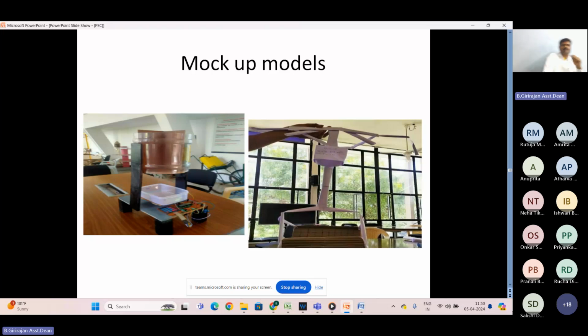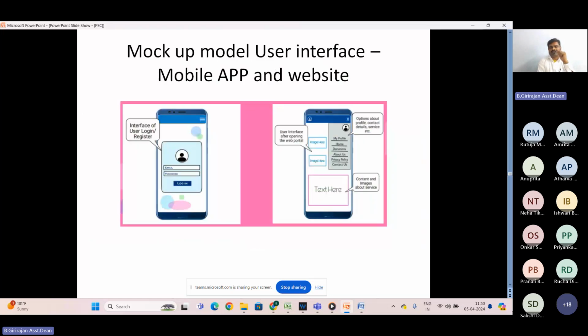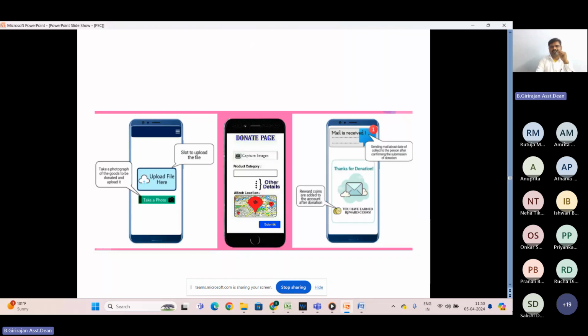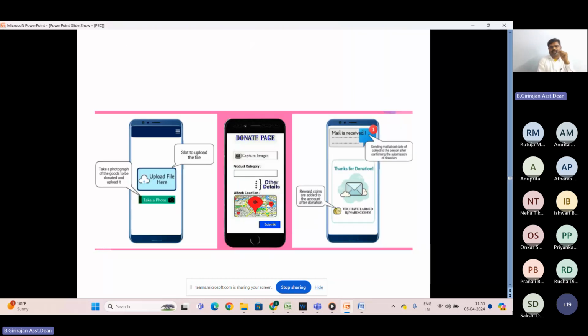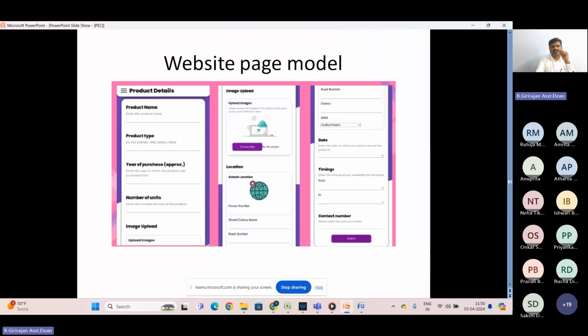You can go with a mobile app and website also. Before that, you should have a concept generation like this. What do we have, and how is the user interface? For user interfacing, what content do we require, like login details and other things. We can have a first page, and then when they go to the second page, they have this many details. This is an app, mobile app or website, for tourist guidance. The students developed this with UI UX design that is connected to a web portal also.